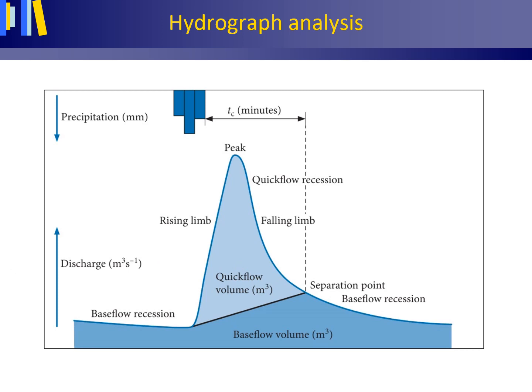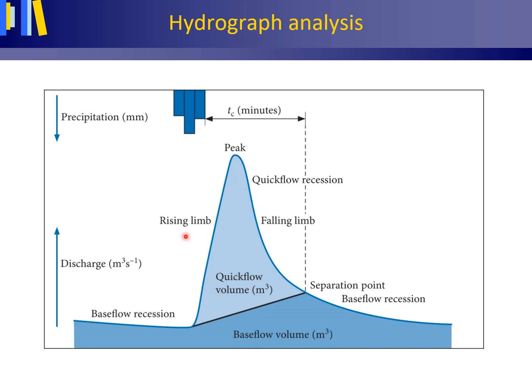During periods with no precipitation, many streams, especially in humid areas, continue to carry water. The streams are fed by processes such as sustained groundwater flow and slow through flow through the soil matrix from an earlier precipitation event or events. The discharge or part of the discharge of a stream caused by processes delivering water slowly to the stream is called base flow. For the related discharge volume, we use the term base flow volume.